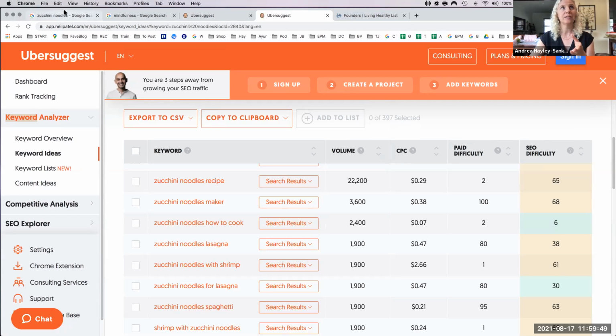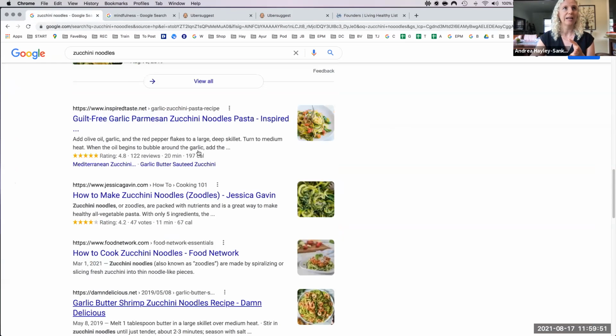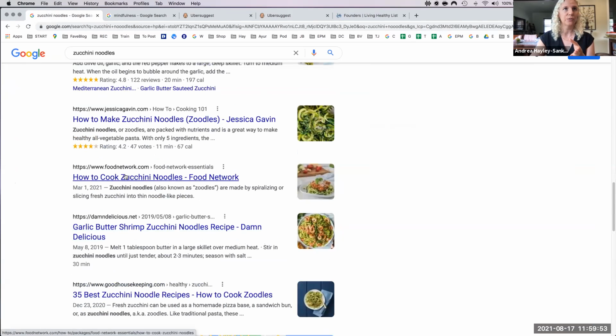That's very interesting to me because remember over here where we had that how to make and then how to cook. Food Network has written an article on how to cook zucchini noodles. They've got themselves on the front page. And Food Network probably employs SEO experts and marketing experts who found this opportunity, and look, March 1st, 2021. So this is a very recent article. Someone clearly looked at this exact keyword and found this opportunity, and you can too,